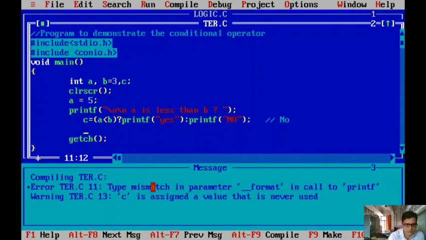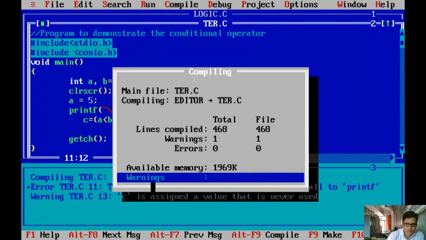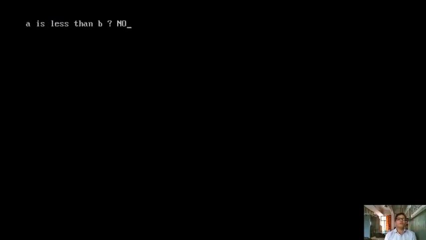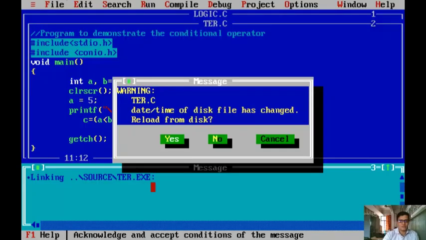Let it be, because it is a warning. You can skip the warning. Okay, I'm compiling. Warnings you can skip, and I'm running. If you run, a is less than b, no. Why? Because a value is